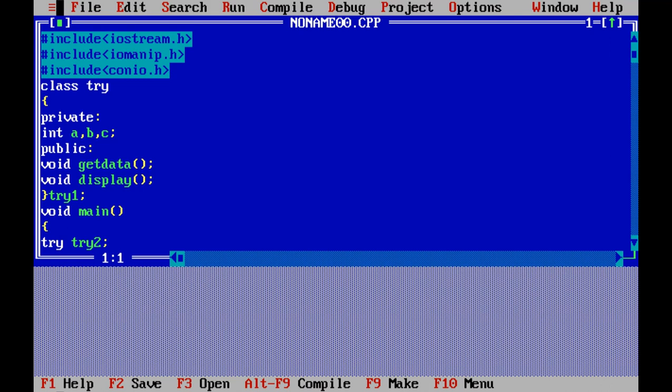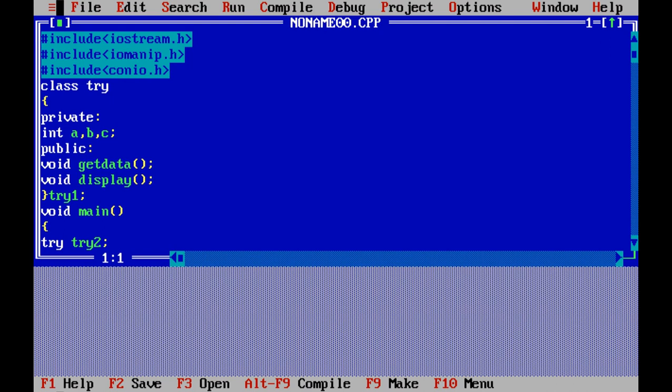And I start by writing a class. This is how you must write a class. Class is the keyword, followed by a space and the class name. Here I use try as my class name, then the open bracket, and the first line is private. This is the access specifier. Who is going to use the following variables or functions?